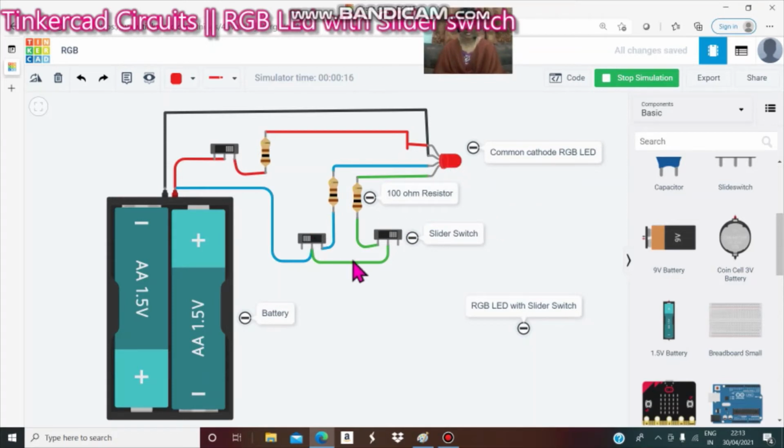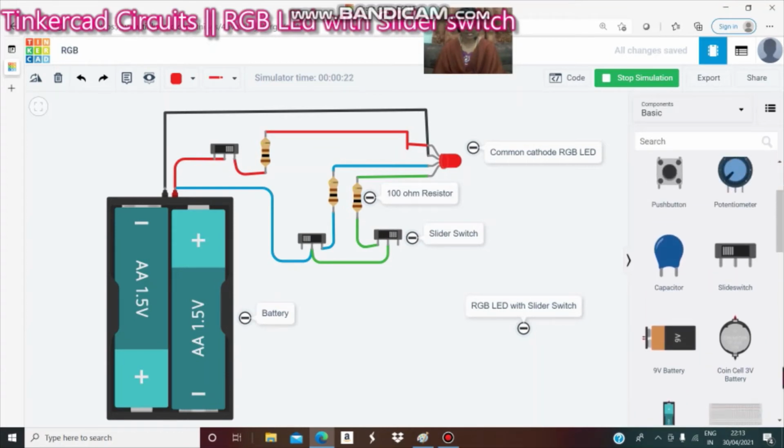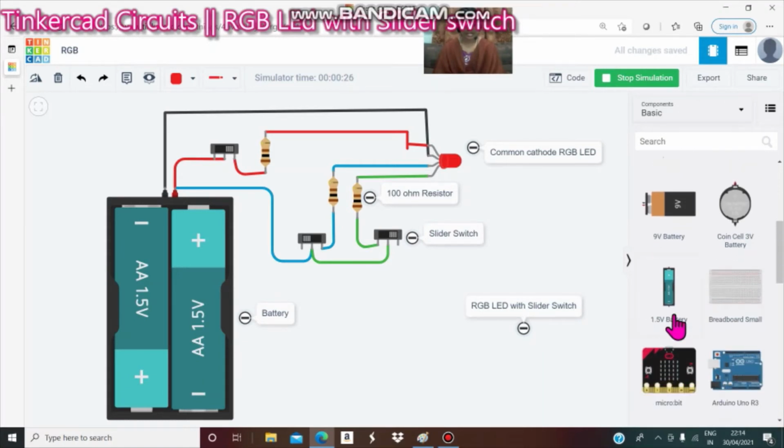Okay guys, the components are here. You can drag these and drop them in this area. We use a 3 volt battery.